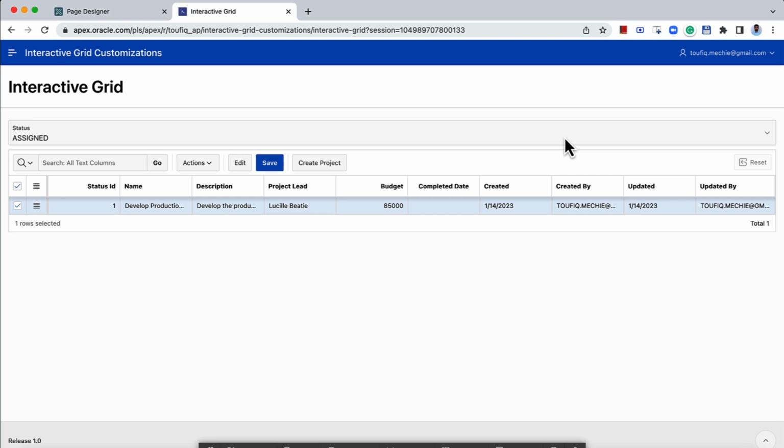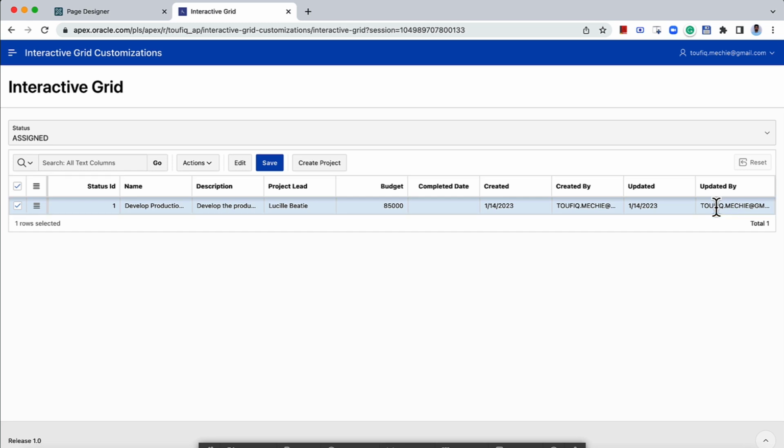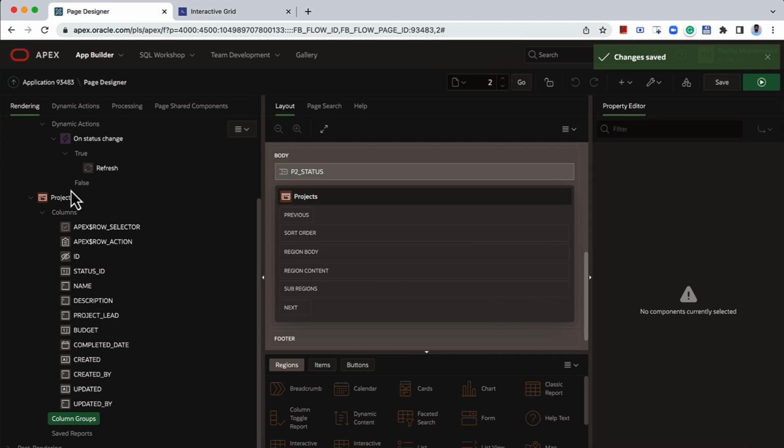Now in this project's interactive grid, I want to have column group headers. I want the column's name, description, and project lead to have a column group header as project details, and I want to have these four columns, created, created by, updated, updated by, which are basically audit columns, to have column group header as audit details. So to do that, I can go to page designer, and under the interactive grid region, under